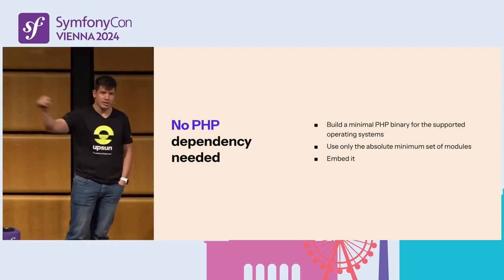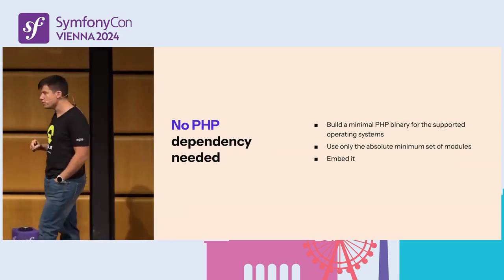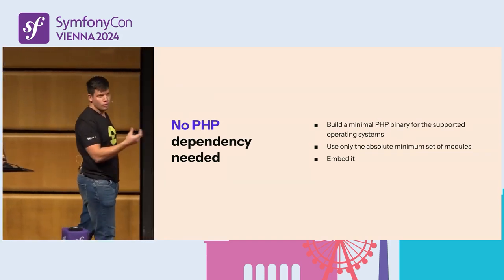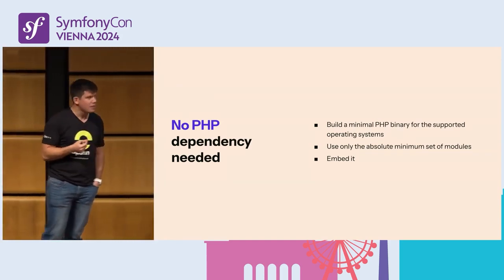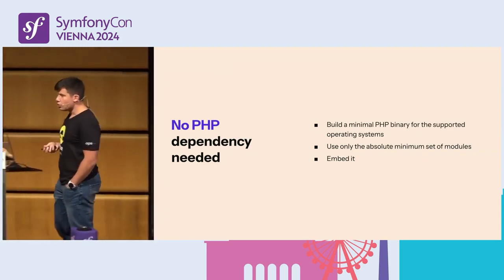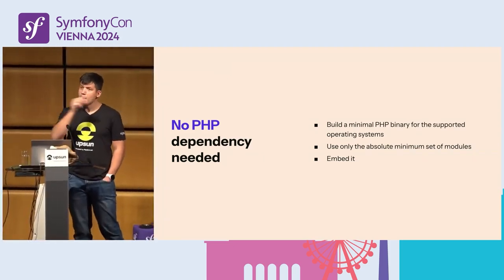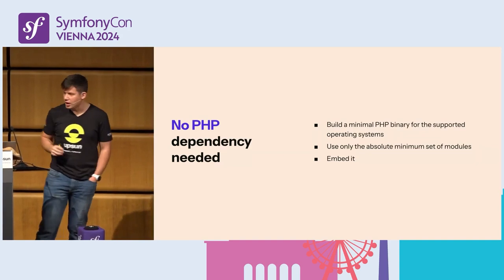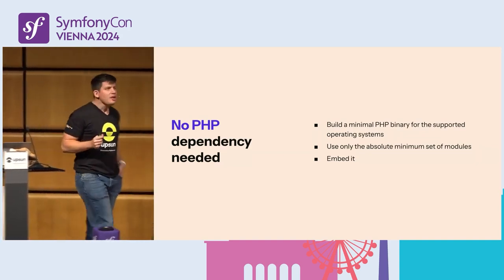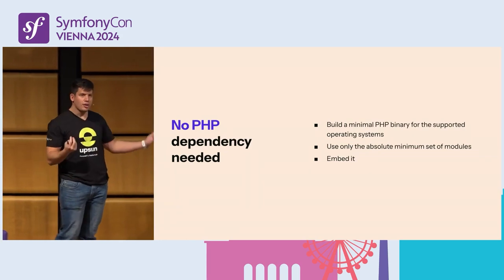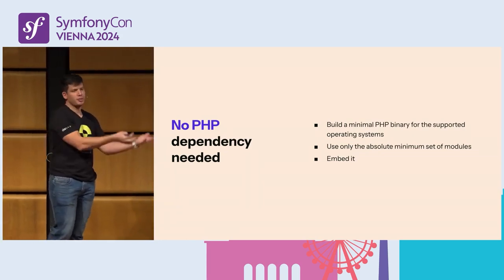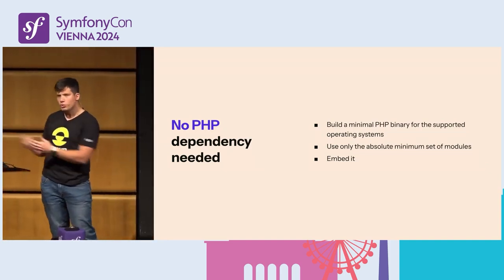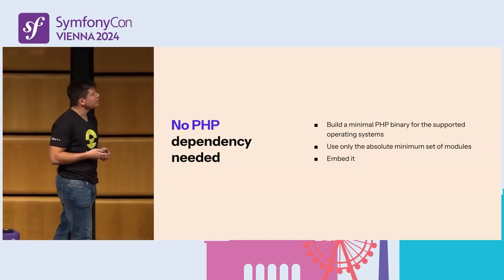We're going to compile it for each of the systems that we are talking about, which is a process that needs a lot of time and a lot of effort, but you only do it once. We don't have to do it every time we want to update something in the system. We do it once. So we build a very minimal PHP binary, and then we embed this PHP binary into the different binaries that go out with the CLI. And then we make sure that we can, from Go, call out to either PHP, if you were to choose a legacy command, let's say, or to Go, if you just wanted to run one of the new stuff that we're going to build into the CLI.